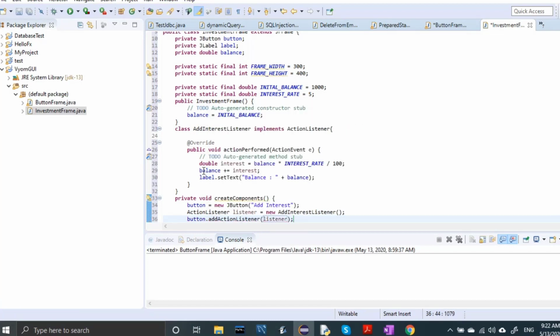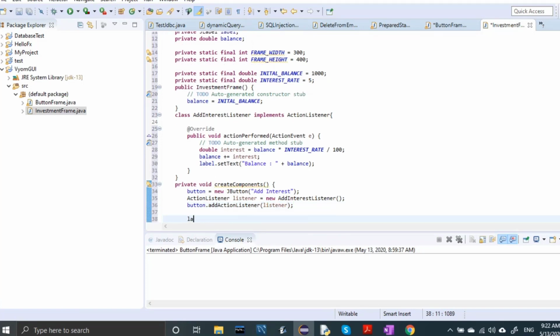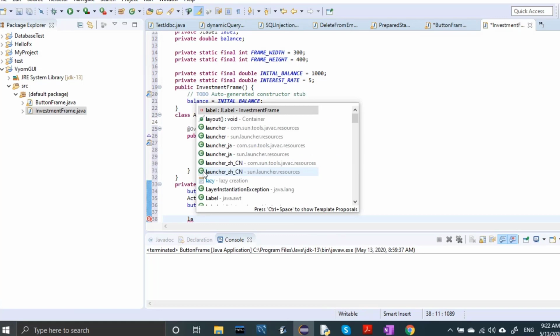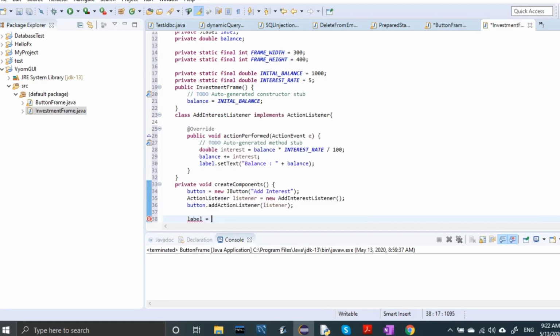Then label equal to new JLabel, and in the brackets we write balance plus balance.